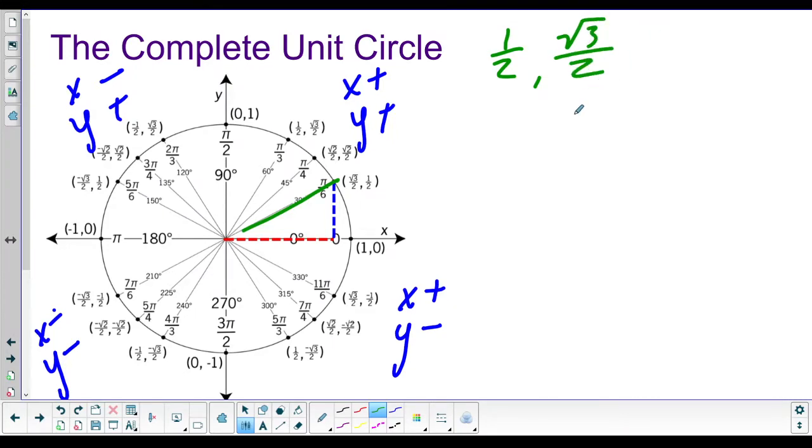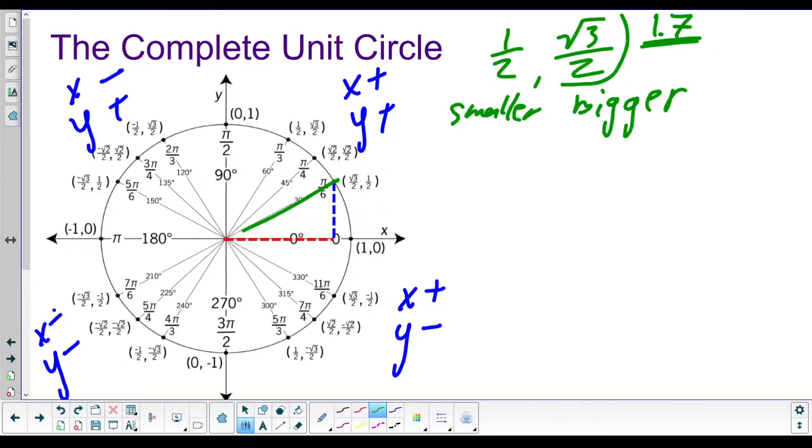This is the bigger number. This is smaller. Right, we're both dividing by 2, but radical 3 is like 1.7 something, and 1 is just 1. So this number is bigger, so it divided by 2 is bigger than 1 divided by 2. So whichever direction you go farther in should always be the radical 3 over 2, and the smaller one should